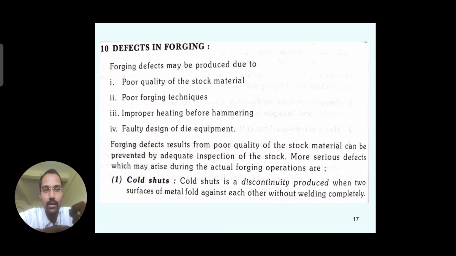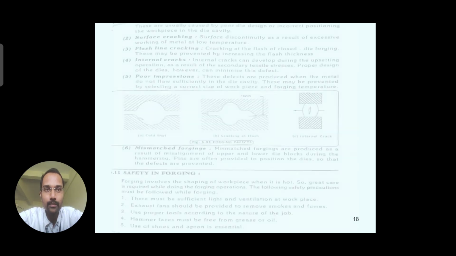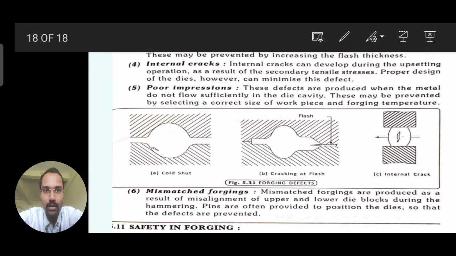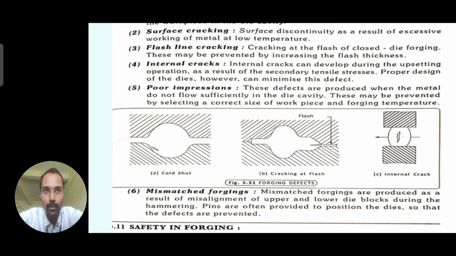So the welding is not done correctly. Or whatever the two mating parts are, at that junction the folding has not been done correctly. In that case, some cold sheds will develop there. You can see this is a diagram of the cold shed. This is the internal part actually. The welding is done here by applying some hammering or press forging. Here the two joining parts are not made to join each other. This is the defect. A cold shed will appear here.